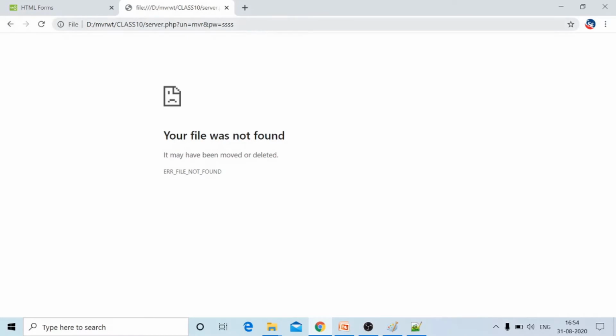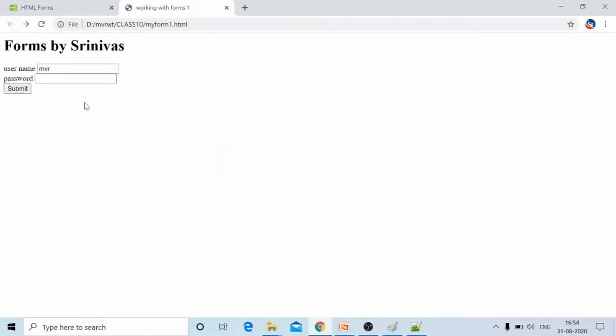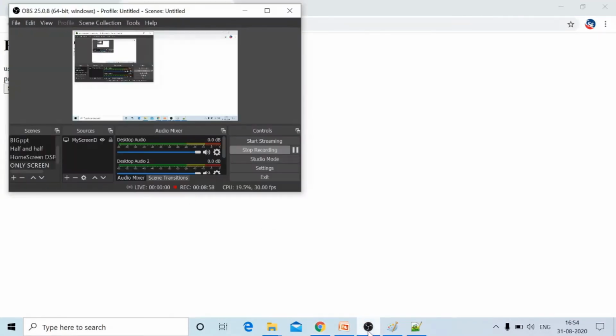The values are submitted: un equal to MVR, password equal to sss. Don't think about how the values are submitted. In detail we will see at the time of studying PHP. Now we will concentrate only on the design of this form. This is form 1.